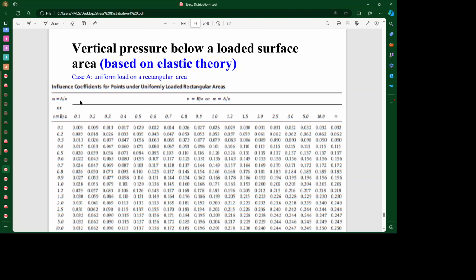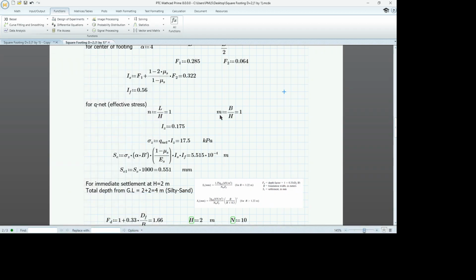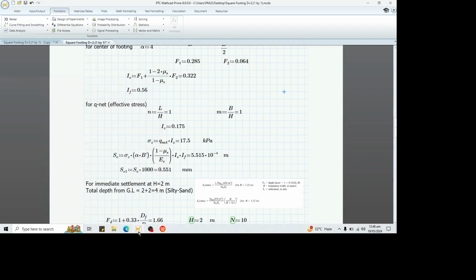N is equal to B over Z, and M is equal to A over Z. So these relations are also put over here, N and M. These relations give us the IZ taken from this chart, and then sigma z is calculated,